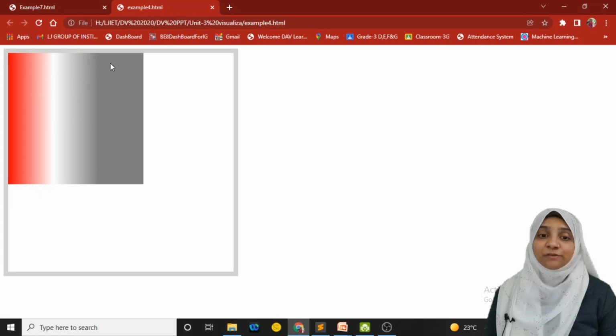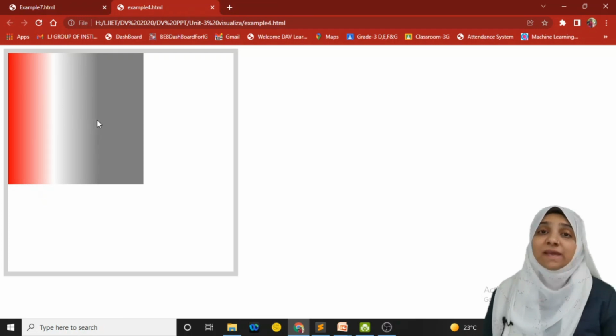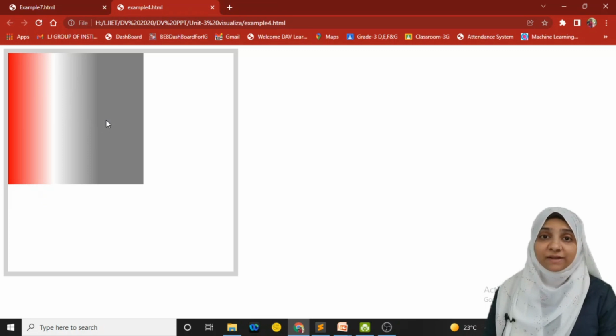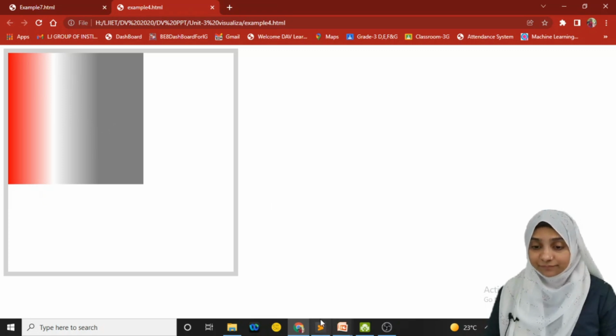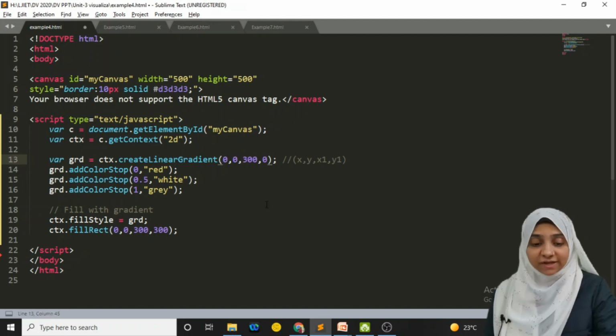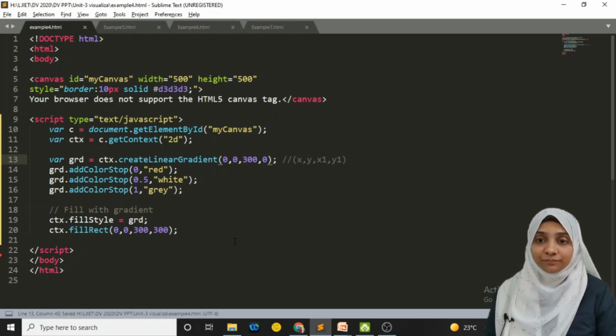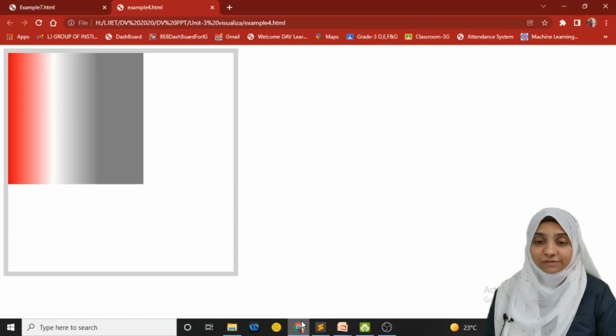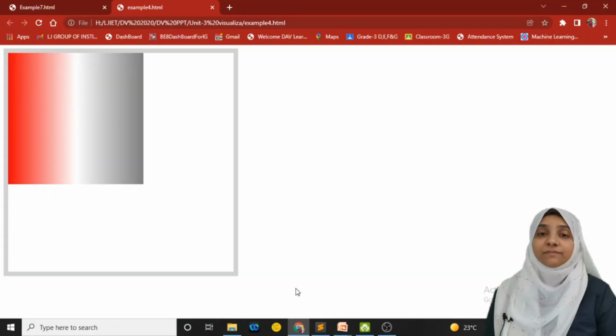has ended. So if I reduce the size of the rectangle to the size of the gradient, then all colors will be in equal parts. Let us experiment with that. Instead of changing the rectangle size, let me change the gradient value and see the difference. Here, as you can see, now the portion of red, the portion of white and the portion of gray is